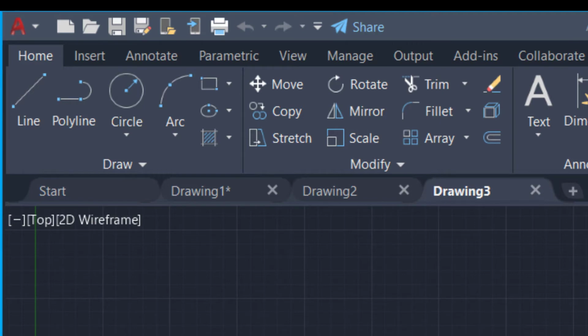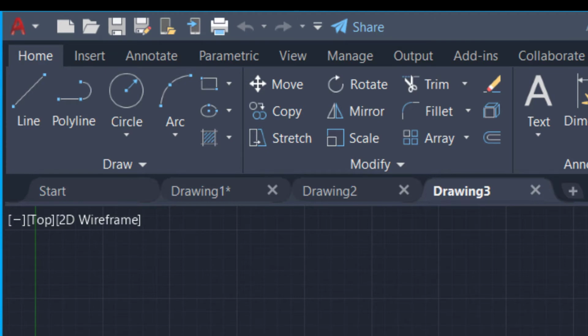Start tab, drawing one tab. So basically it tells you how many drawings you are working on. You can work with several drawings at the same time. Same as Chrome, you can work with different websites.